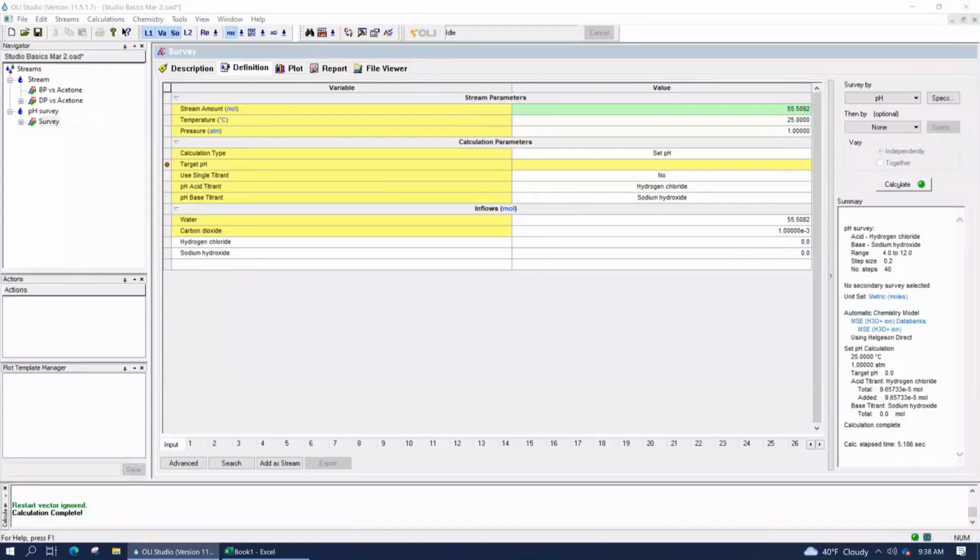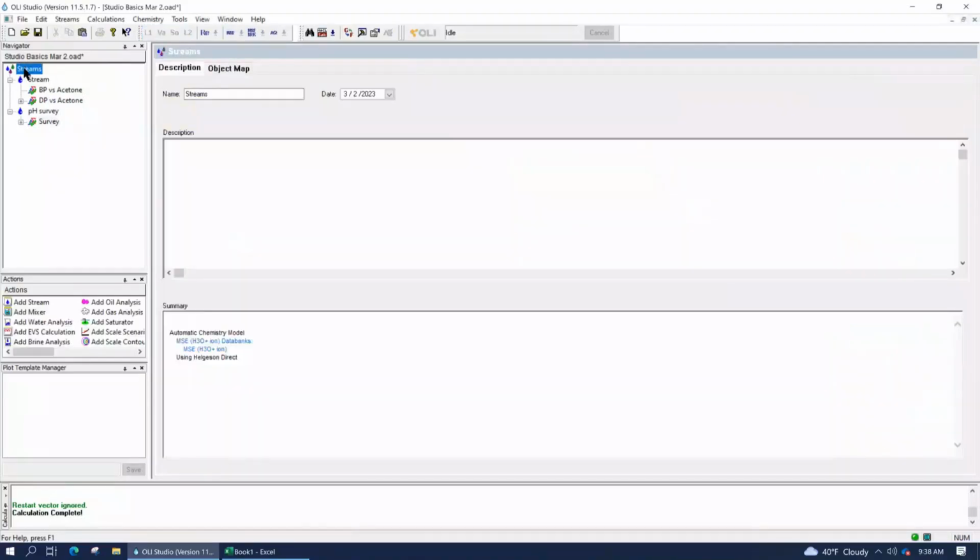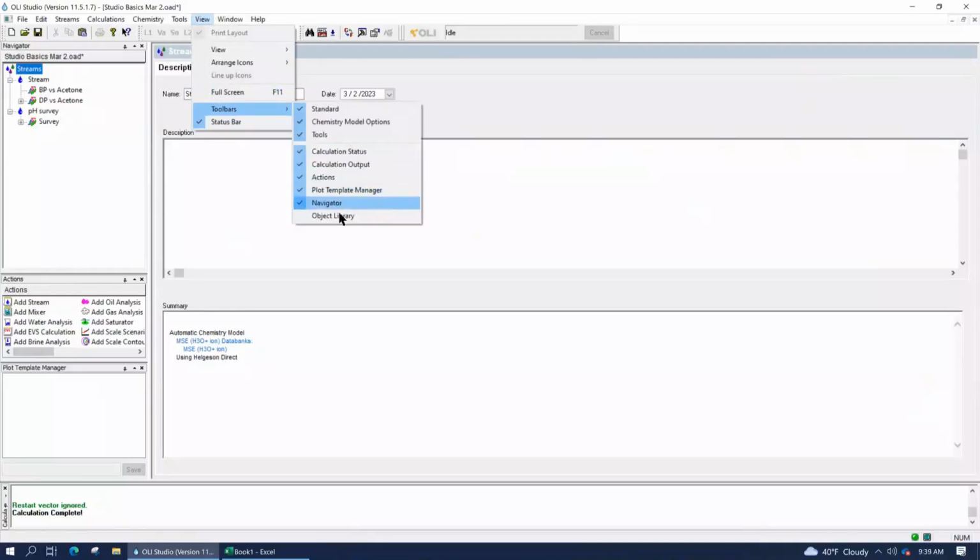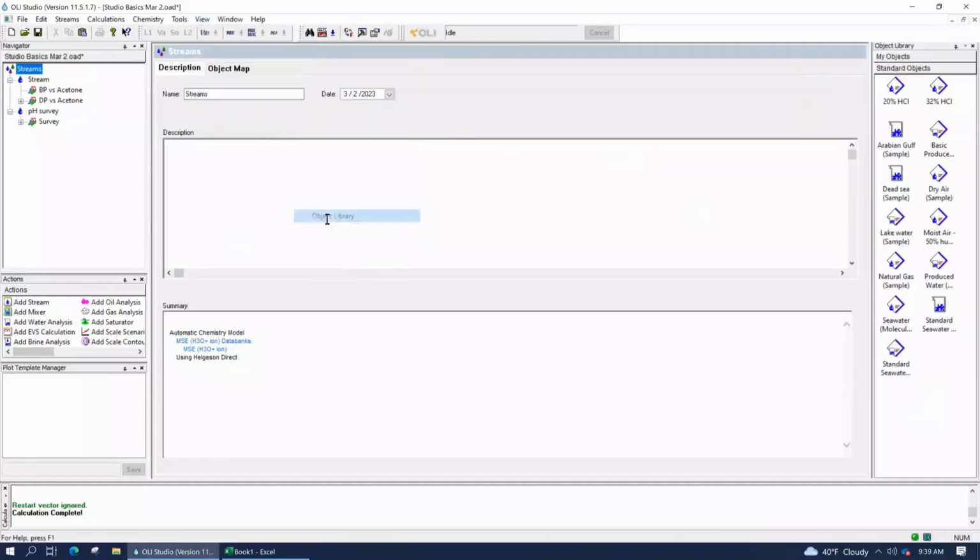and also how to manipulate, if need be, your solids selection. So what I want you to do now is go back to the top level stream, not because we're going to do anything with it, but just so you're back at square one, at base camp. And what you're going to do now is not necessarily add a stream here, but rather click on View, Toolbars, and then open up the object library. So View, Toolbars, Object Library.